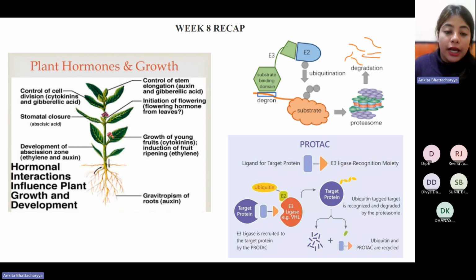So depending upon the kind of environment that the plant is in and the availability of water and the requirement of water within the plant or the tree at large, abscisic acid has a huge role to play in that context. And finally, there is ethylene, which is involved in development of the abscission zone. It is extremely crucial for ripening of fruits, and it also might have some role in initiating the flowering of certain plants. So these are different hormones, and as you can obviously see, they are all interacting with each other, and they all contribute to the growth and development of these plants.